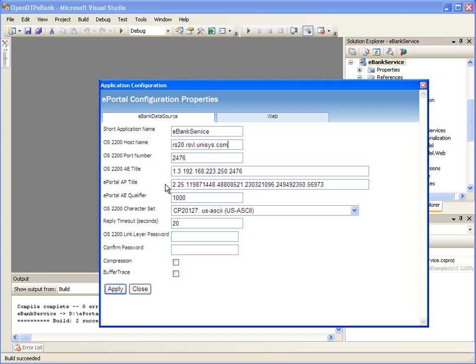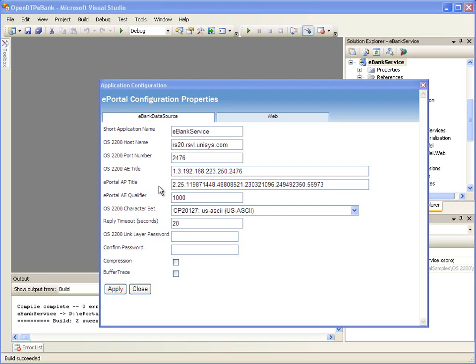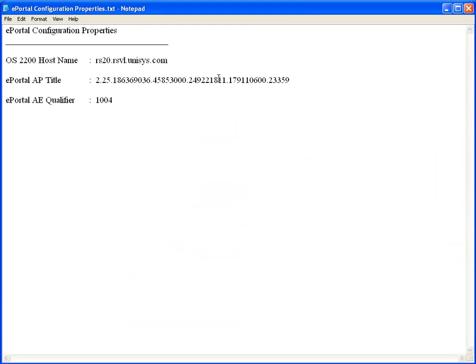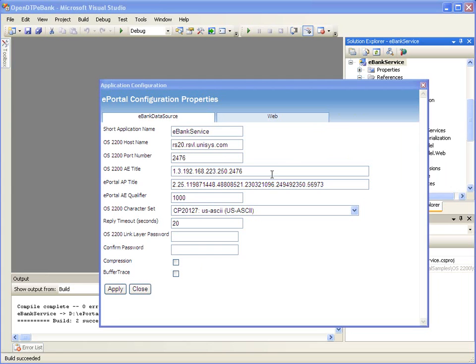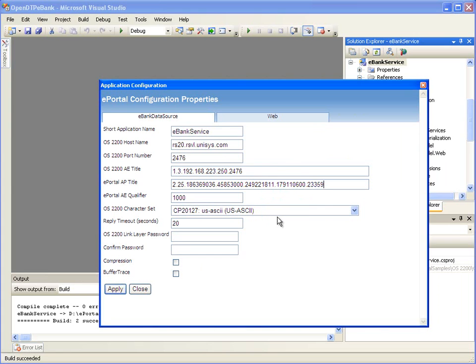The ePortal Application Program or AP title uniquely identifies a particular ePortal presentation application. Let's enter this unique value that we previously configured in the OSITP software that is running on the OS 2200 system. For ePortal Application Entity or AE qualifier, let's enter